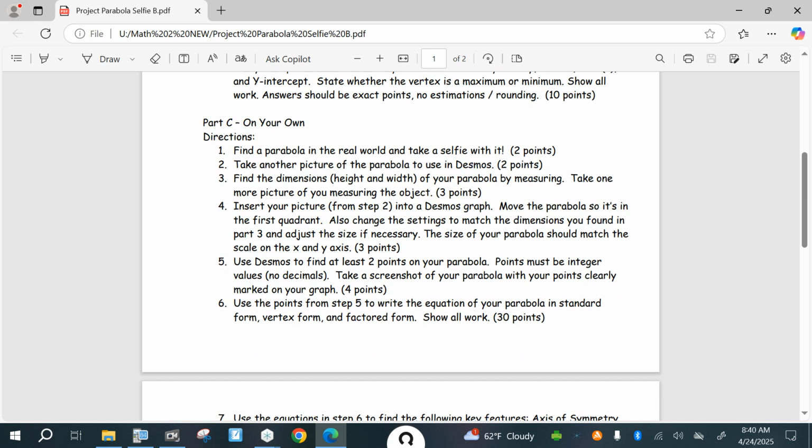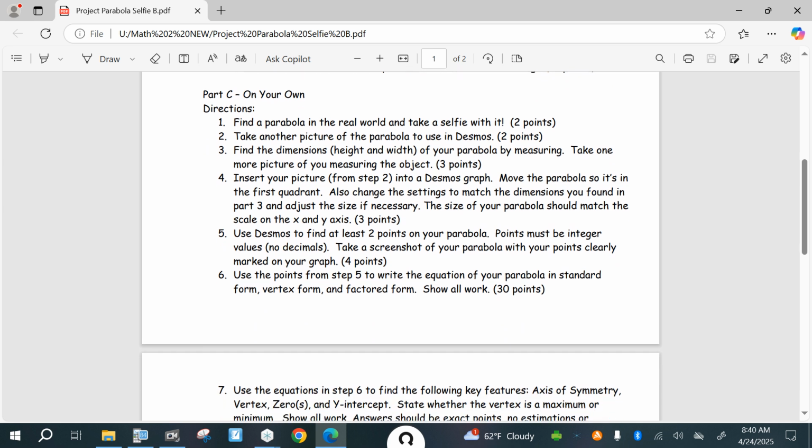All right, then part C is where you break off on your own and you find a parabola in the real world. Now, if you look around this room, there are actually some parabolas in this room. They may not look exactly symmetrical, or maybe they might be a little bit more pointy, but if you look closely, you can see some things that resemble some U shapes. So what you're going to do is find a parabola, and first you're going to take a selfie with it, okay? Then you're going to take another picture of the parabola that you're going to use in